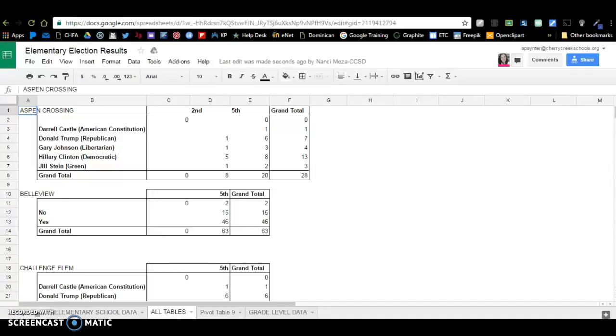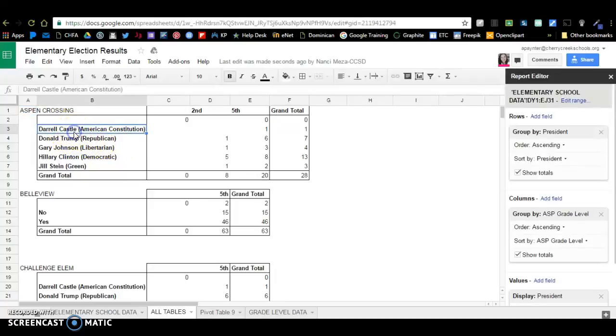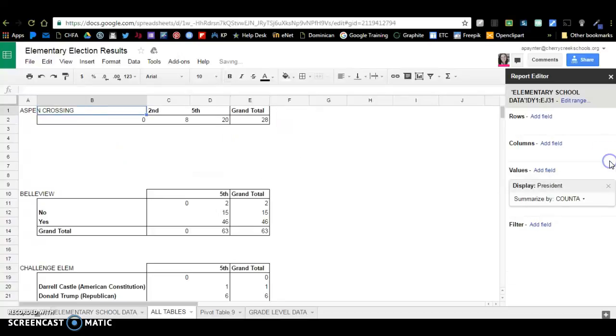Okay, so when you click on and make your own copy of the results, the way that you're going to be able to filter is, we're just going to look at Aspen Crossing up here, once you click in one of these cells, so anywhere from like column B, and in this case column F, you just need to click on any of these boxes inside, and you'll see this report editor come up on the far right. So I'm just going to real quickly X out of what we have,